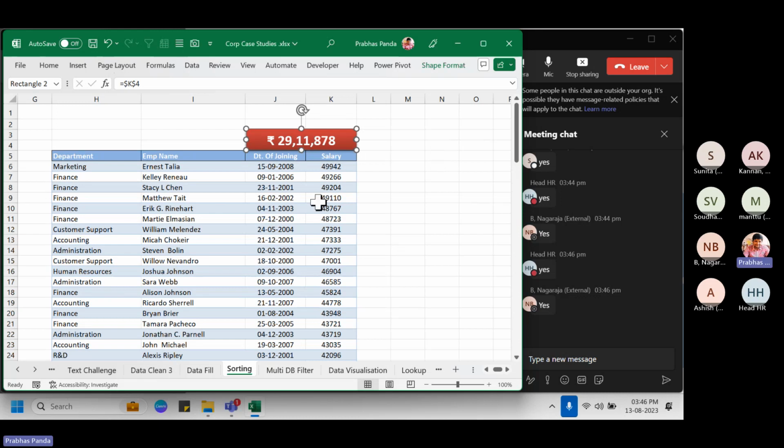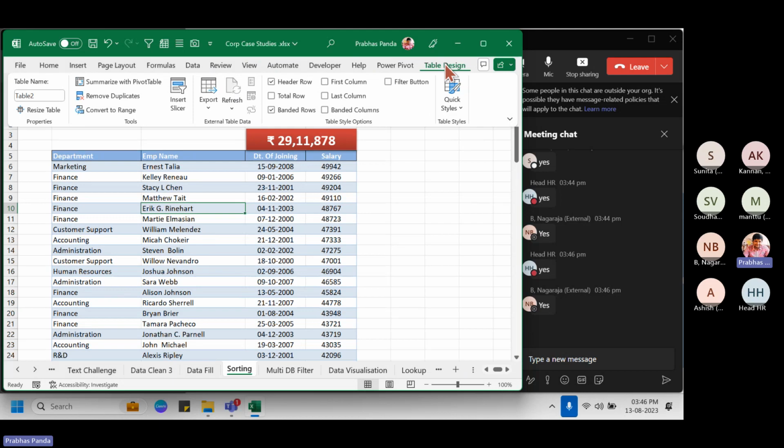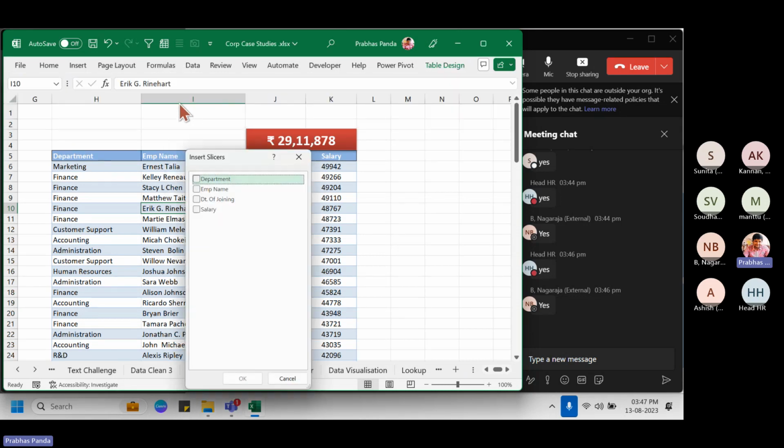Okay. Now, once we have done with this, keep your cursor anywhere in this table data and go to Table Design. You can go for that in the last tab, whichever it is coming up in the ribbon tab. And there we have a beautiful option called Insert Slicer. Insert Slicer. Okay. So when you go to Insert Slicer over here, then immediately a dialog box appears where you